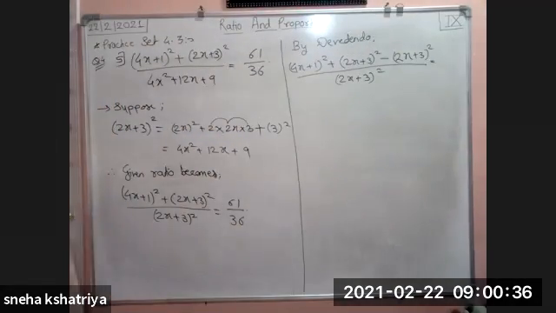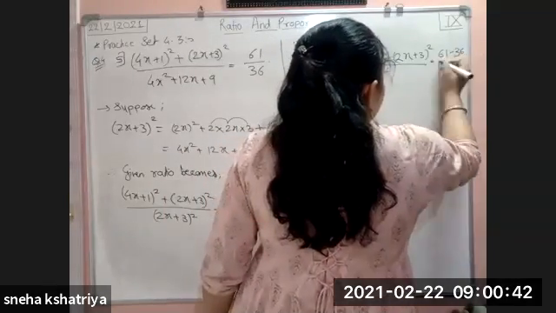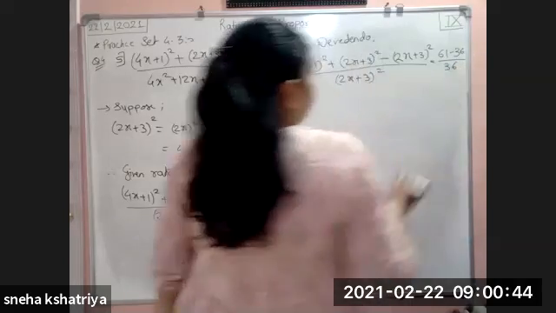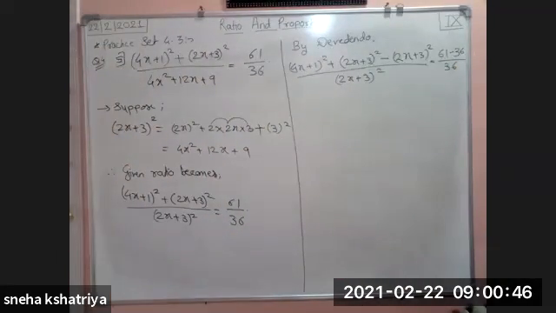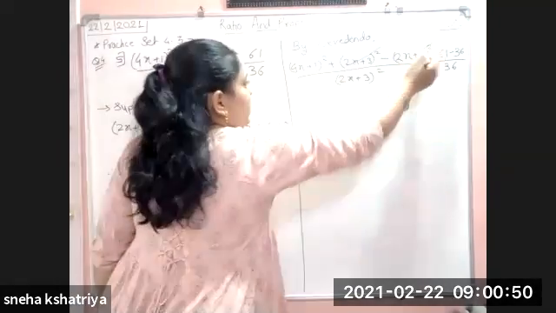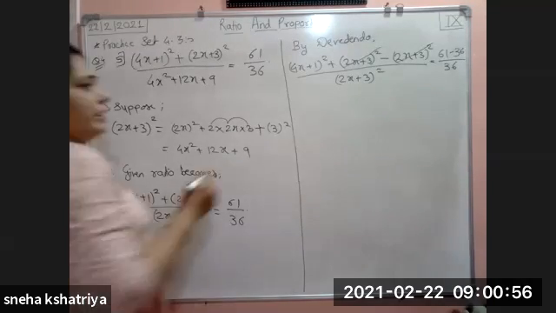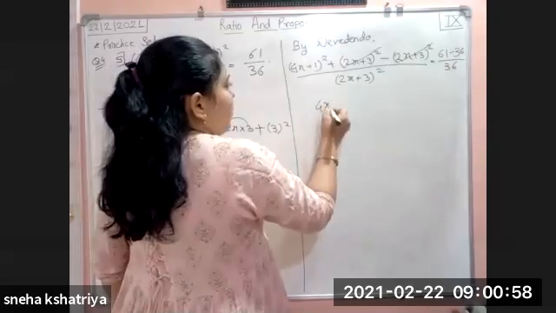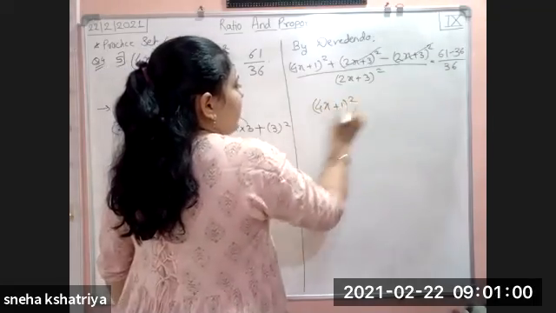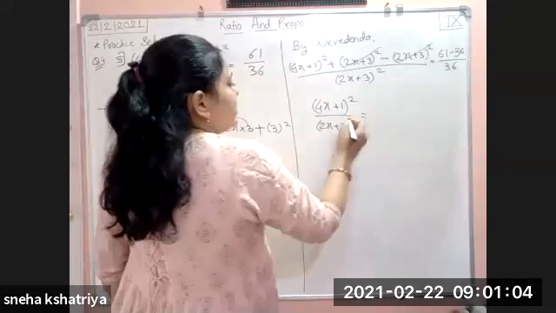Again at the right side you have to solve it. 61 minus 36 divided by 36. Now at the numerator, see, plus (2x plus 3) whole square and minus (2x plus 3) whole square, both the terms get cancelled. What remains? (4x plus 1) whole square divided by (2x plus 3) whole square, which is equal to